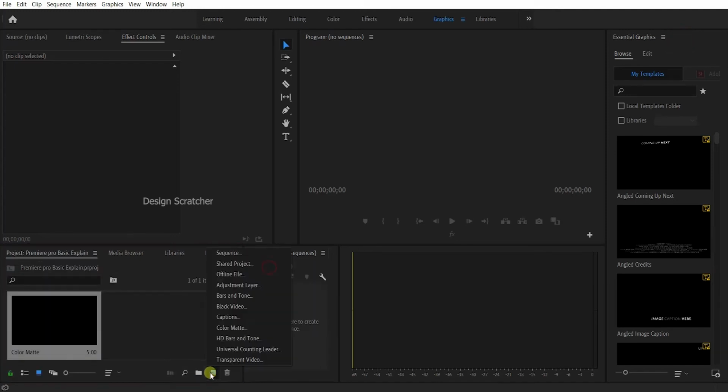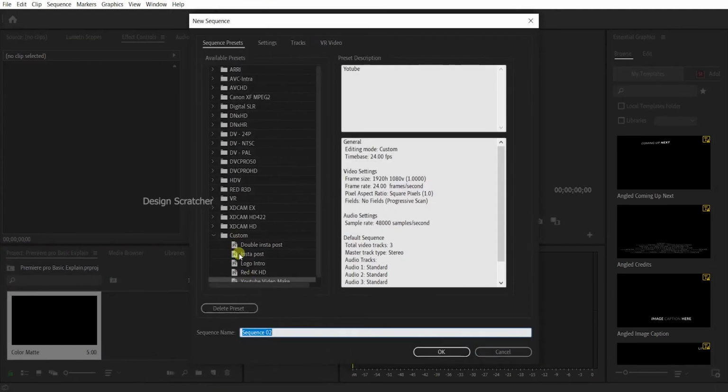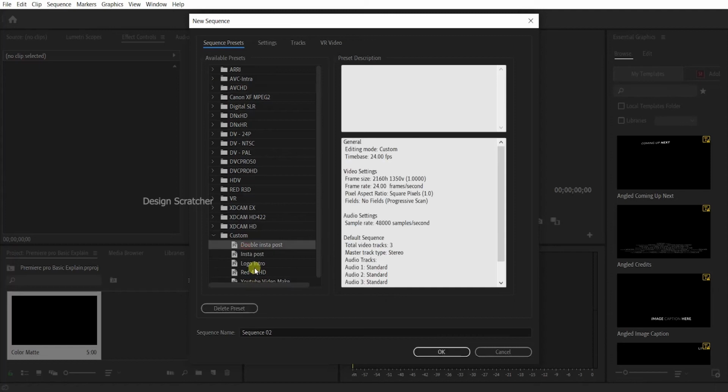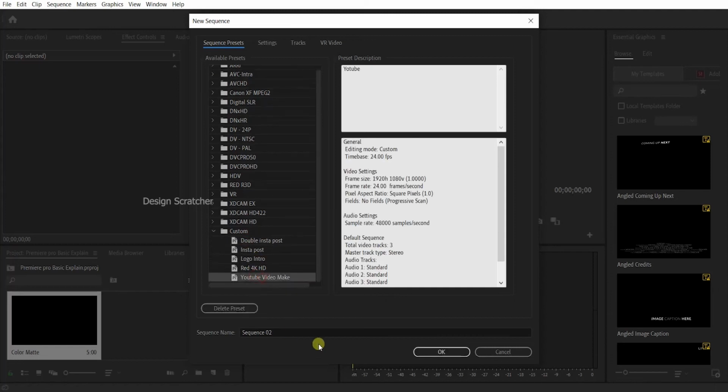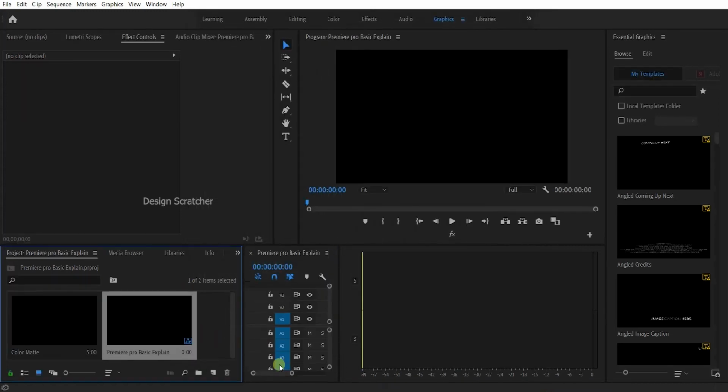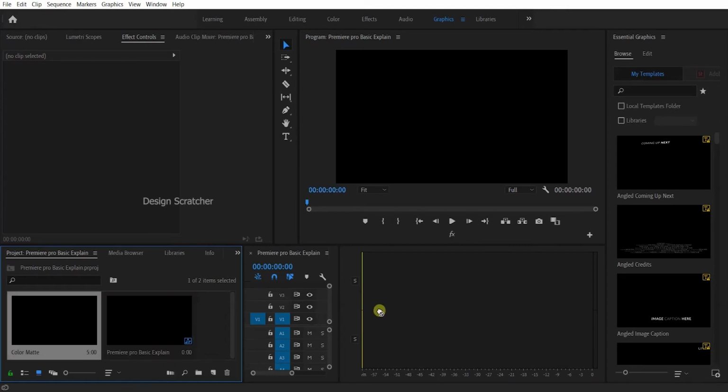First, the changing setup. This is the custom presets. You already know the default presets will be here. This is for customs. I will create this custom preset and name it your kind of preference and click OK. Then open Premiere Pro and this sequence will be added. Then drag the color matte inside Premiere Pro. Sorry, first it will be added.